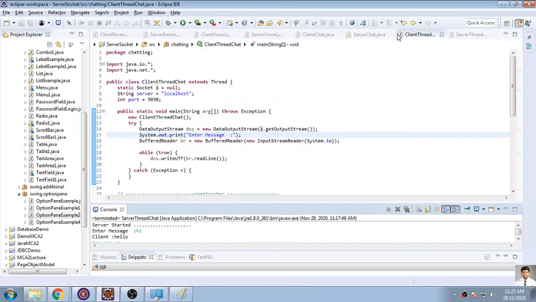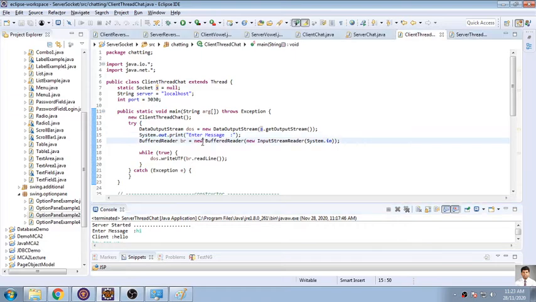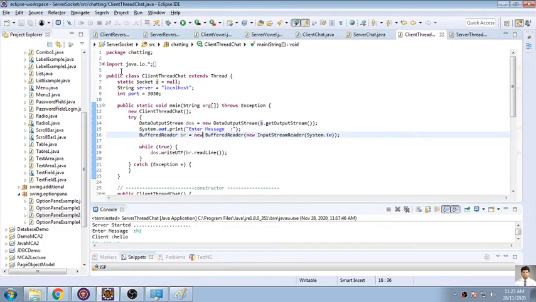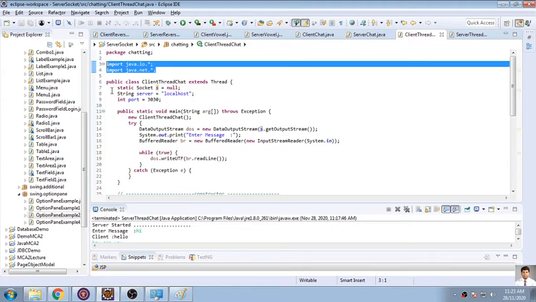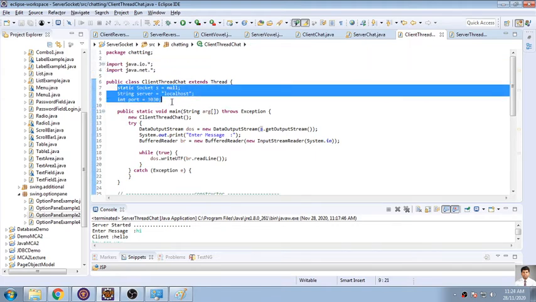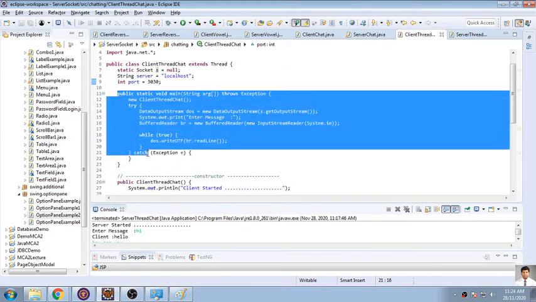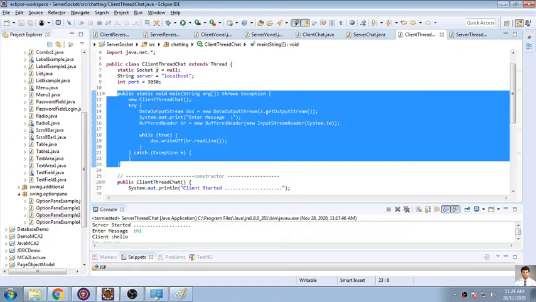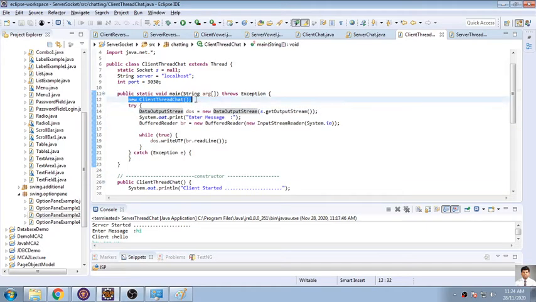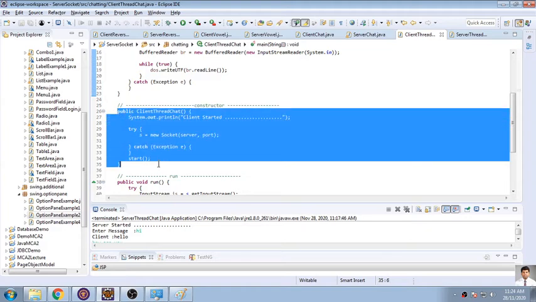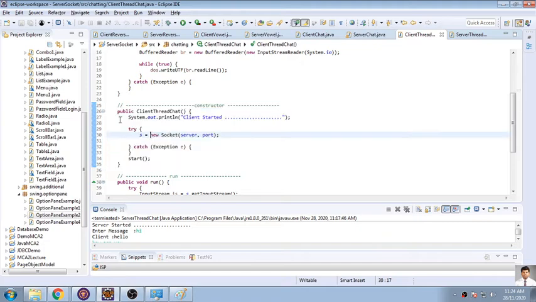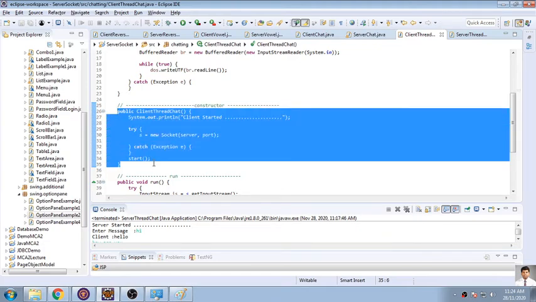So basically in a threaded program, first we import the packages which are required for this program. This is step number one. Then we do whatever initialization is required, and there is a main function. The main function is calling a constructor, and the constructor is nothing but making a connection to your socket. It is creating an object of a socket. So the duty of the constructor is only to create a socket.